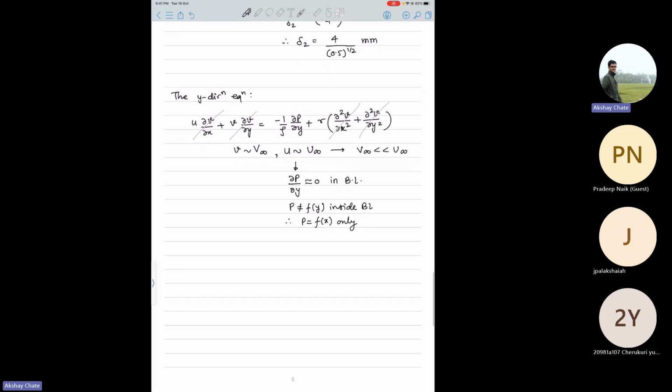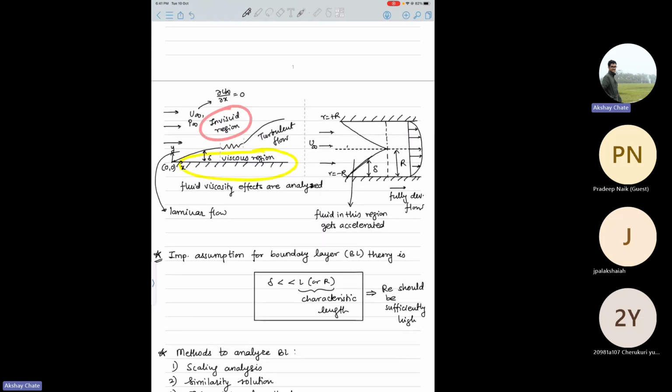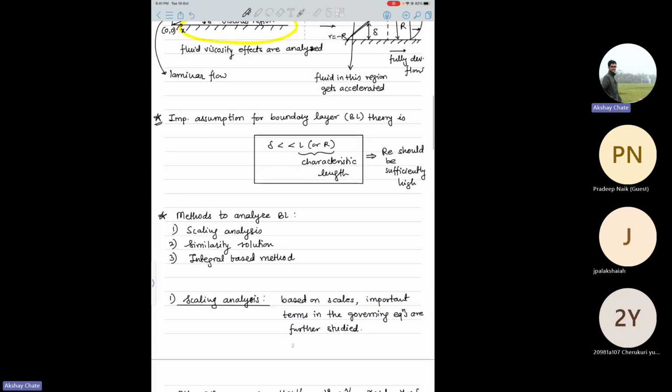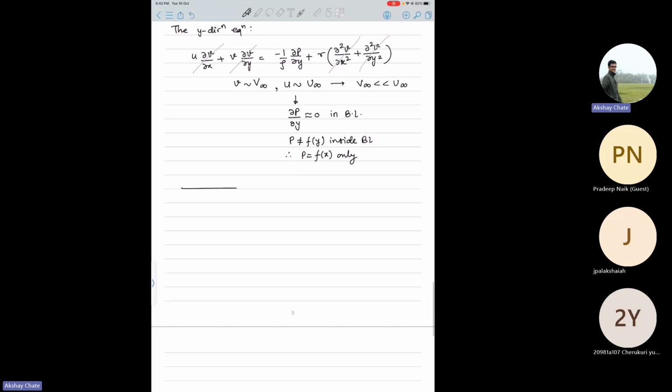See, if you observe the image, inside a flat plate boundary layer, you are saying pressure is only a function of x. Maybe I can just draw a simple figure here. So if this is your boundary layer developing, and this is y, x, this is your leading edge 0, 0, this is your free stream velocity U∞. So if I consider any point which is at x equal to x1 in this figure, what I'm trying to say here is,